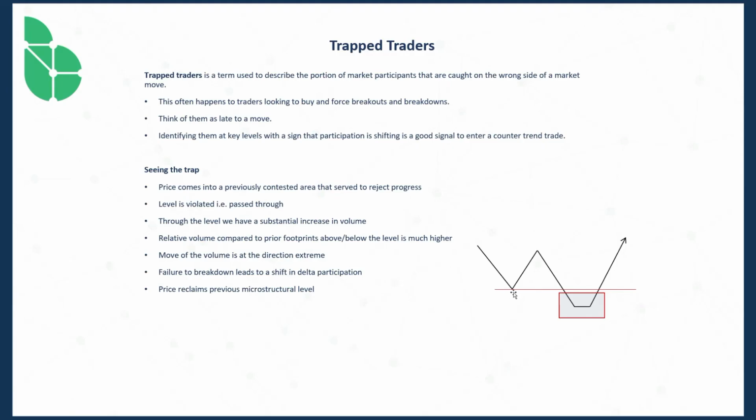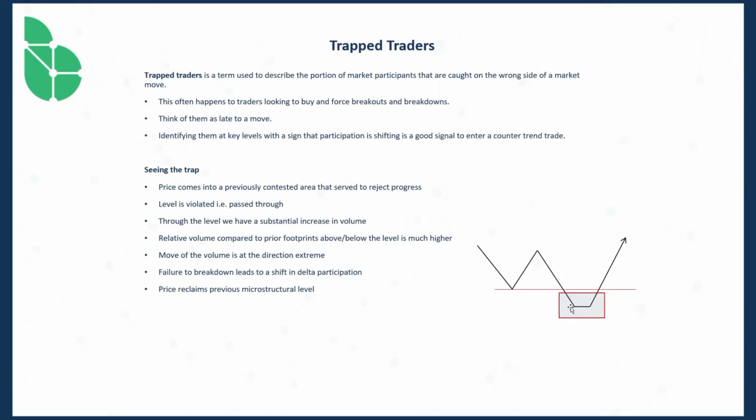Okay, so price comes into it, bounces off of it, and is coming into it again, and this time it actually violates the level. When I say it violated the level, what I mean is it actually passed through the level. So you got some level of puncture down here. It passes through the level, and what happens is, through the level we have a substantial increase